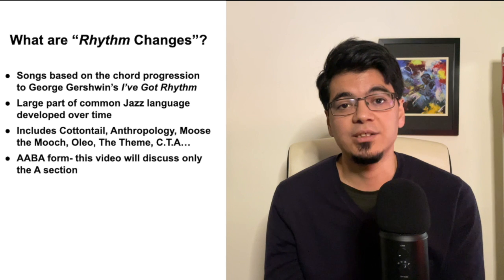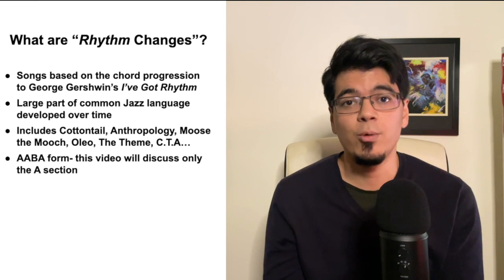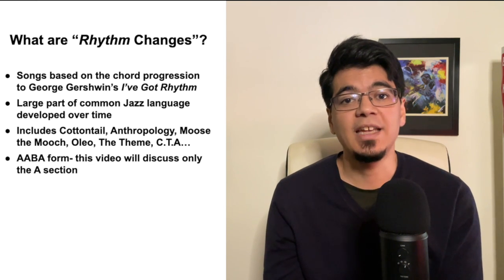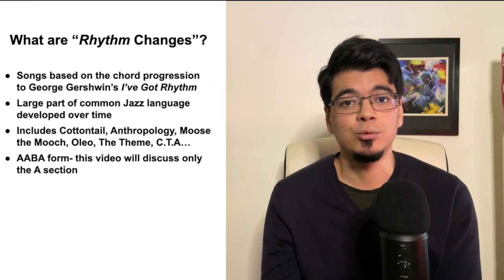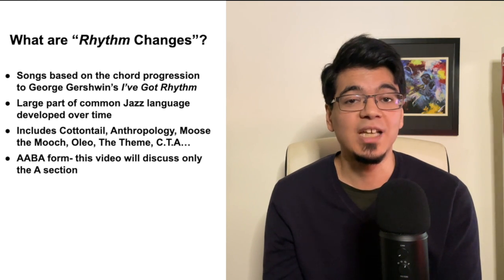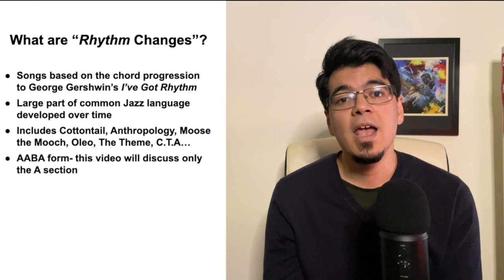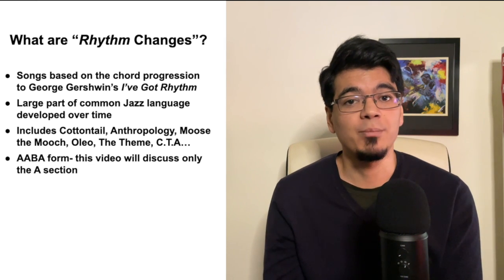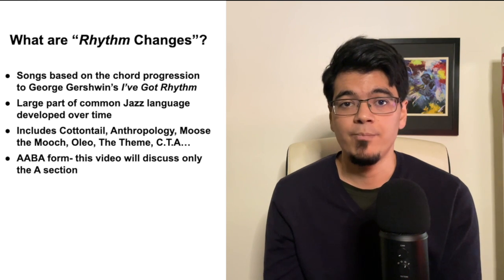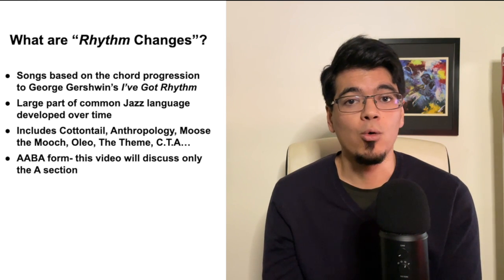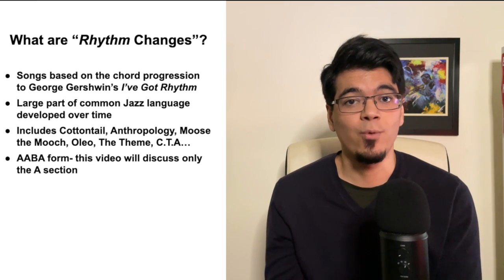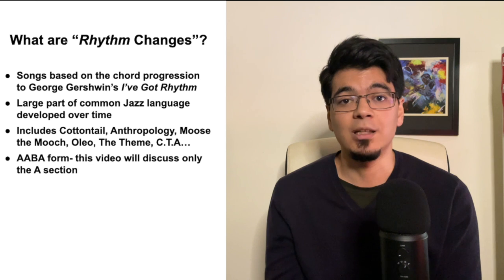To begin, we have to answer an obvious but important question, which is, what are rhythm changes? Rhythm changes refers to any song based on the chord progression to George Gershwin's I've Got Rhythm. It's the second most common form in all of jazz music after the 12-bar blues, and many great jazz composers have written many jazz standards based on this chord progression, including Duke Ellington's Cottontail, Charlie Parker's Anthropology, or Miles Davis's The Theme. Because of the ubiquitousness of this form, it has played a pivotal role in the development of jazz